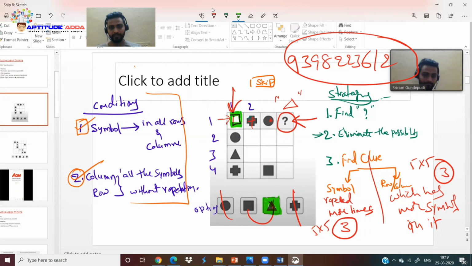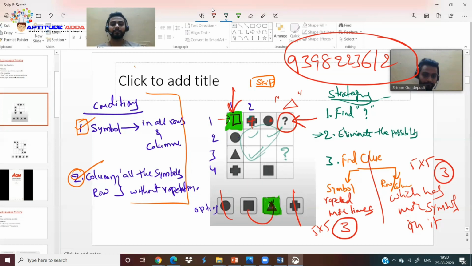Without filling this particular field, obviously this is a very important field, you cannot get the question mark place. In this question, it's okay, we need to remember only one field. But just imagine in any other case, if you want to get this question mark, you may need to fill this place, this place, this place. Then can you remember three different symbols? Impossible, right? Then how to remember the empty field symbols?